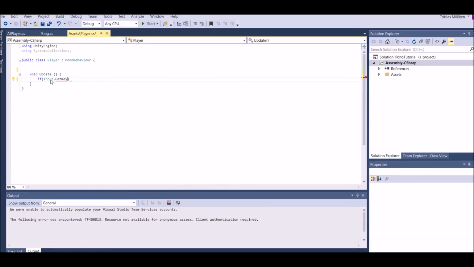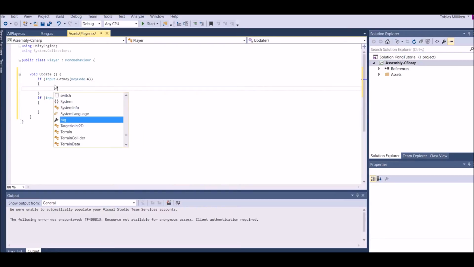So we're going to say Input.GetKey, KeyCode, and you can either do the up arrow or W, which I use. W, A, S, and D for the games that I play. I never like to use arrow keys. So that's what I'm going to do. You guys can change it if you want to. Let's change this one to S. And then this one, we're just going to say